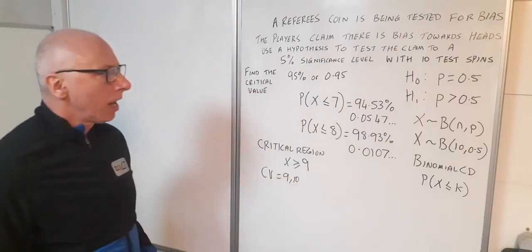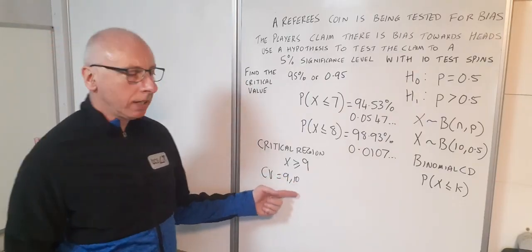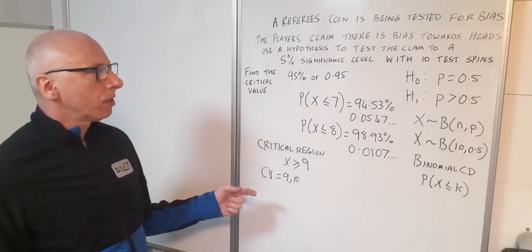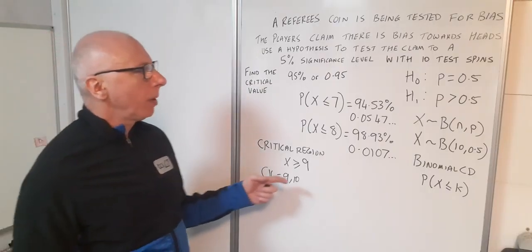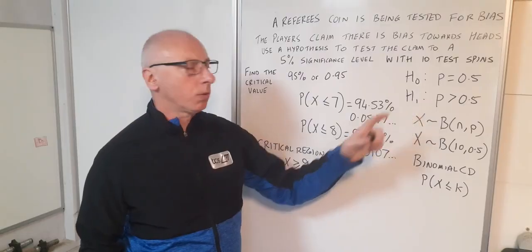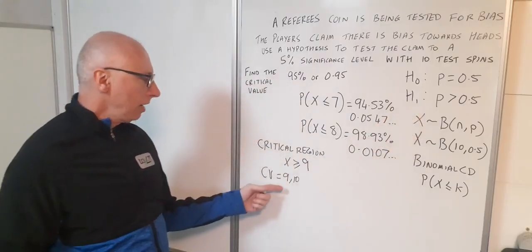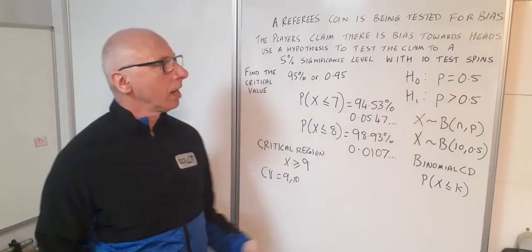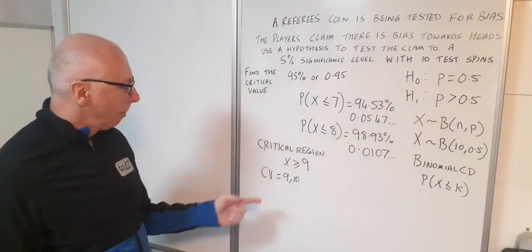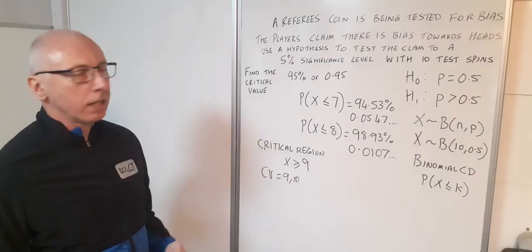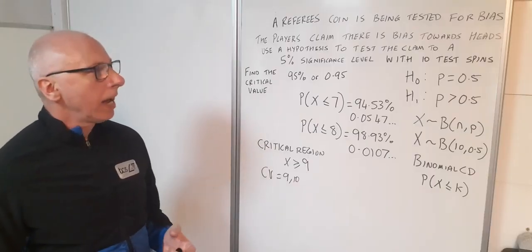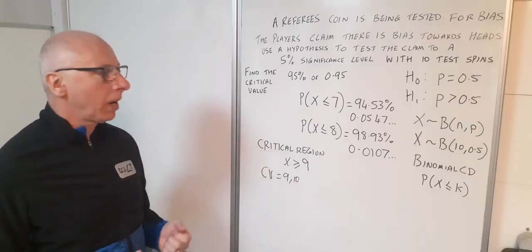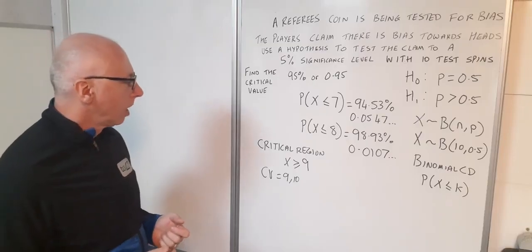And if we get that, that would mean there is sufficient evidence to reject the null hypothesis and accept the alternative hypothesis. Anything of 8 or less, then we have to accept the null hypothesis that there is no bias. But with any of these, we can reject the null hypothesis and say there's evidence towards some bias in the referee's coin. Okay,